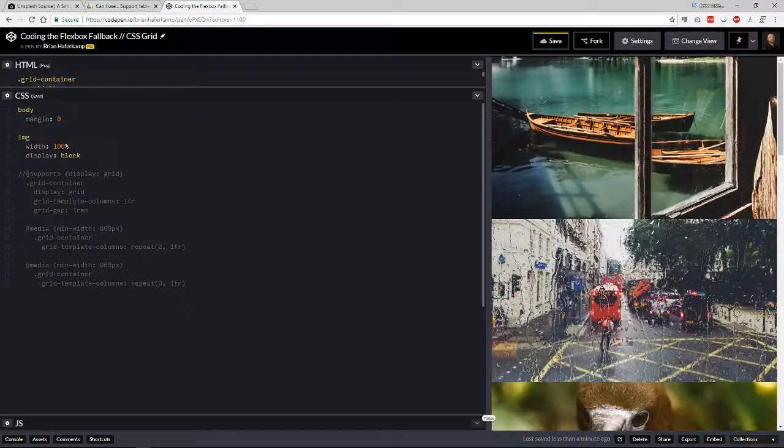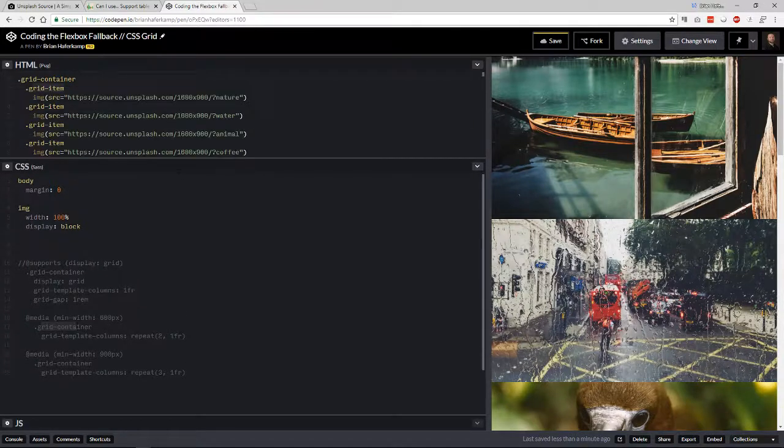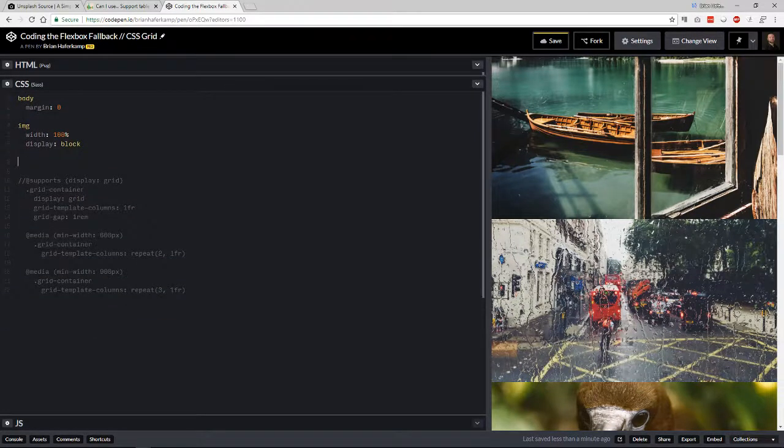And now we need to do the same thing, but we need to make it for our Flexbox. So we're going to use the same elements. We're going to look at the same elements, the grid container and the grid items. At this point with CSS Grid, we haven't even had to touch our grid items. But with Flexbox, we're going to have to manipulate them a little bit. So we say grid container,